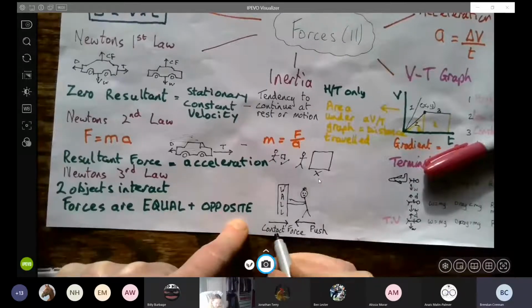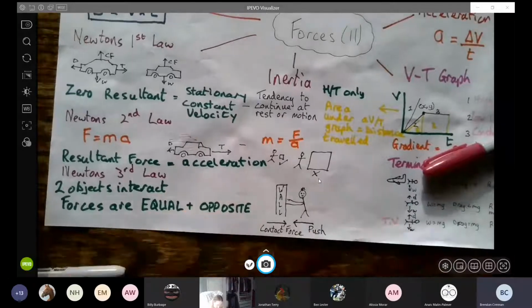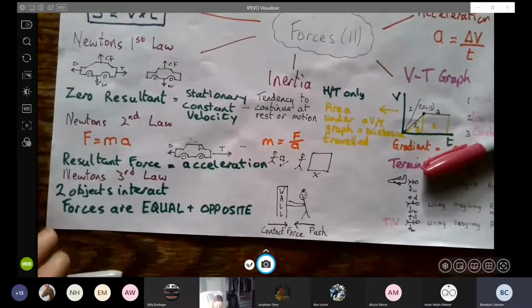So the two forces are equal and opposite. So the wall continues in its state of motion, i.e. not moving. And that is Newton's three laws and the explanation that matches with